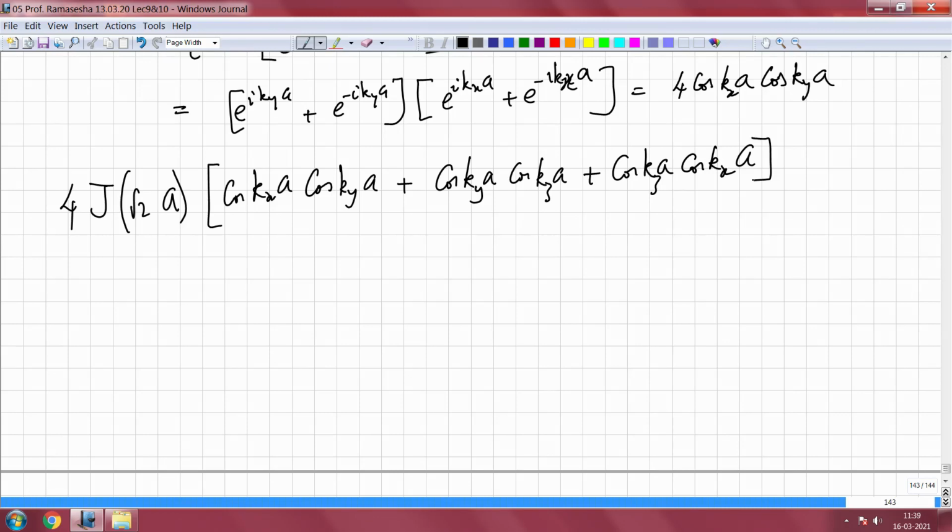So this will be the general expression for that, and you can work it out for the other case, which is third neighbor distance. If you worked it out for the third neighbor, what you would get is